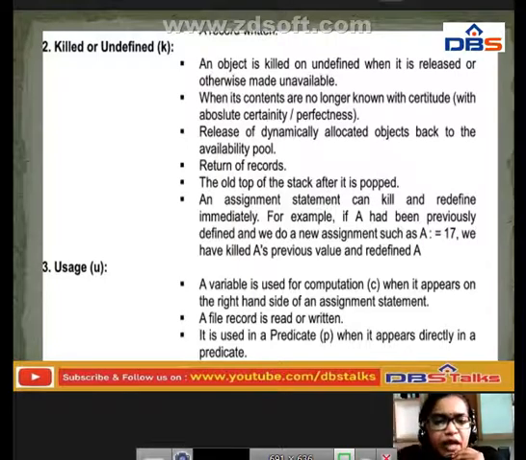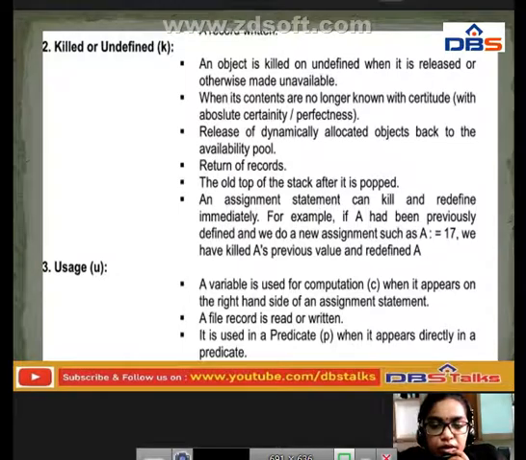That is, the previous value of a is killed and replaced with the new value of a. Understand? By using the assignment statement also we can kill and redefine immediately.